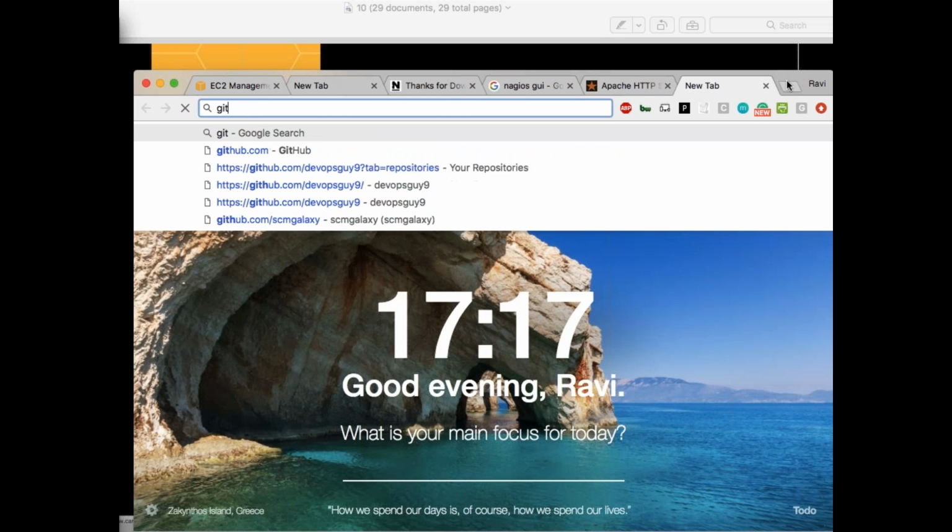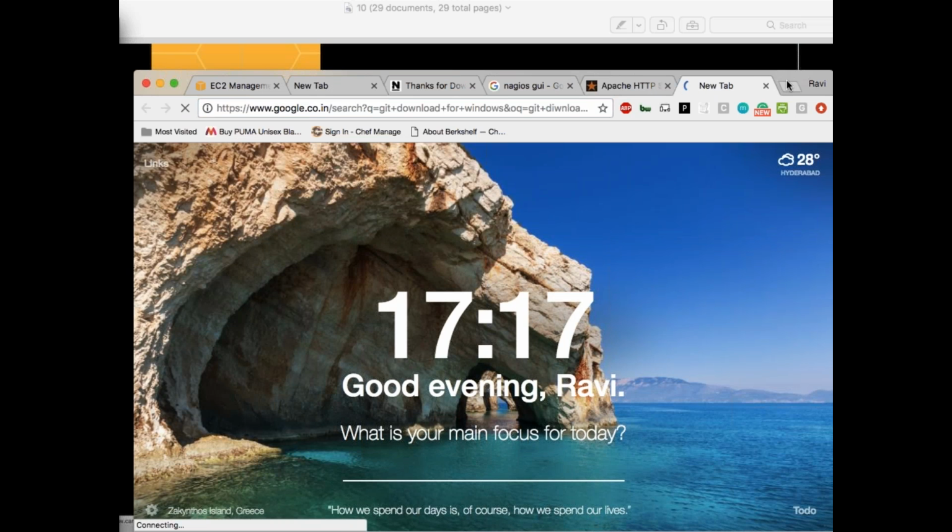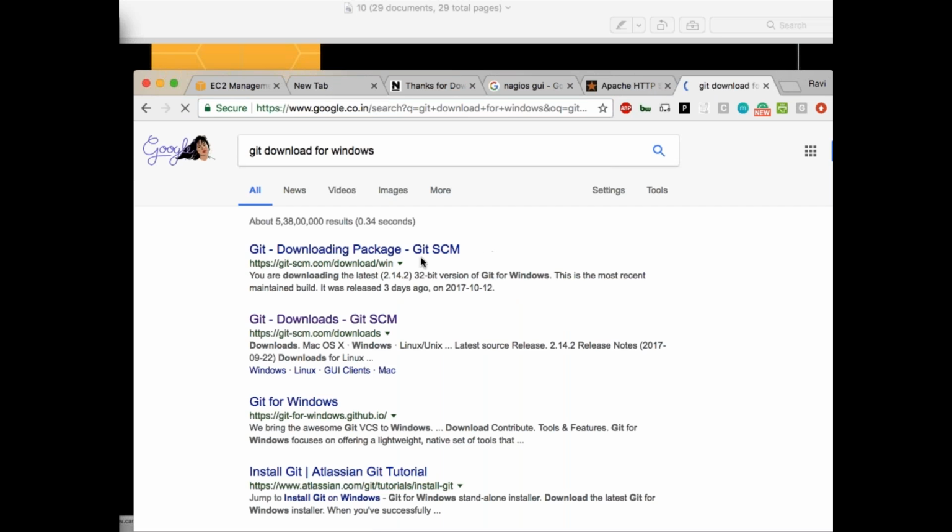If not, you can simply say git download for Windows. It will automatically take you to the specific site, git-scm.com/download. This is the site you need to go to set up your Git.